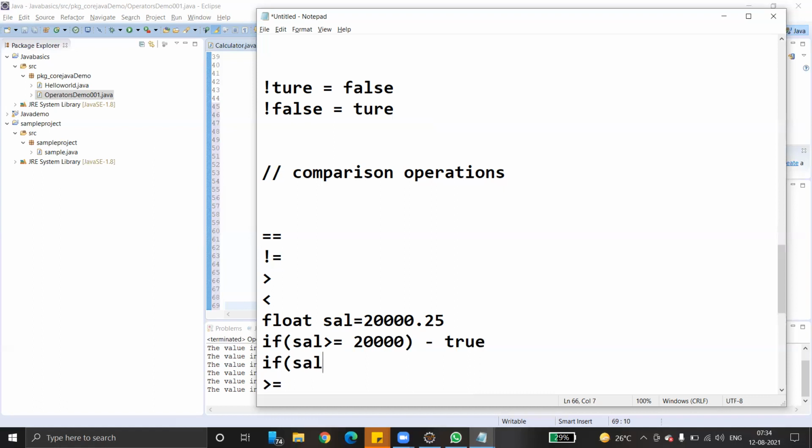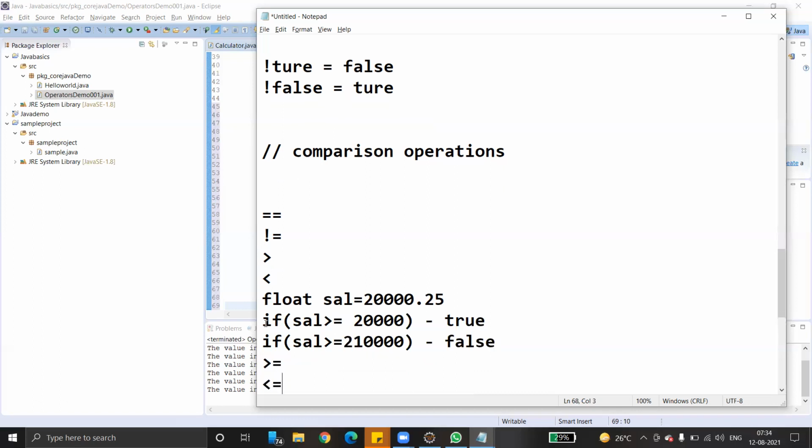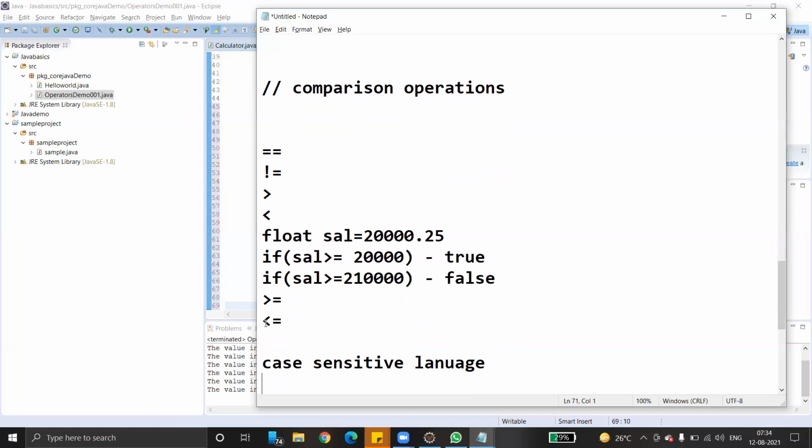If salary greater than or equals to 21,000, automatically the condition is false. It returns false. That's all. Similarly for less than or equals to, not equals to, less than, greater than, and so on. Is it clear?